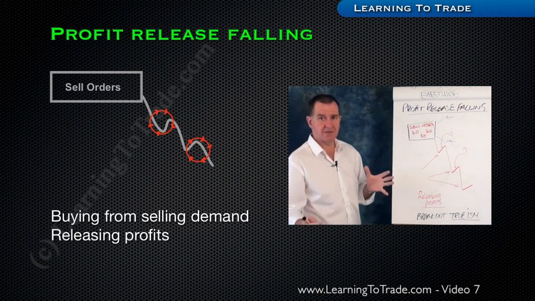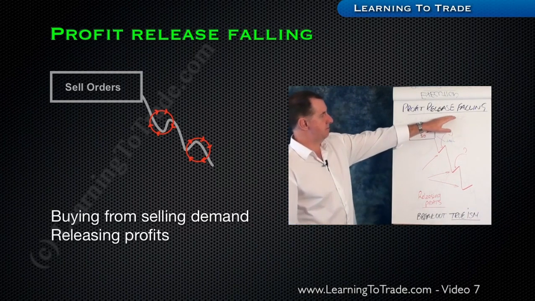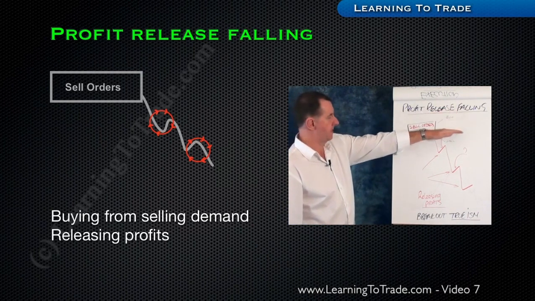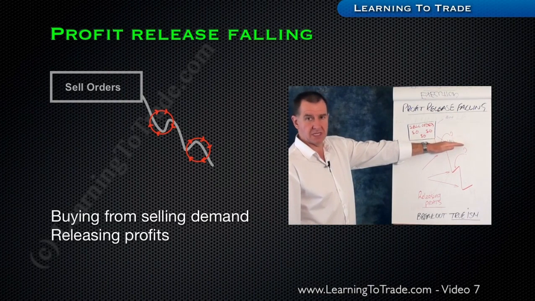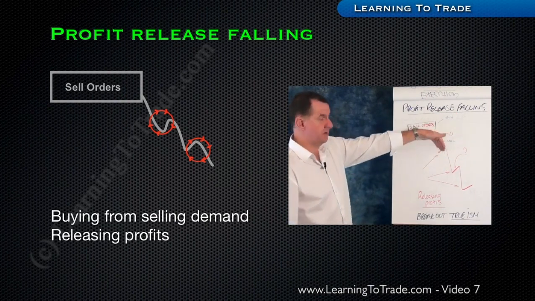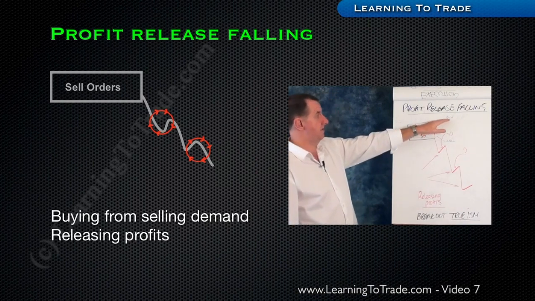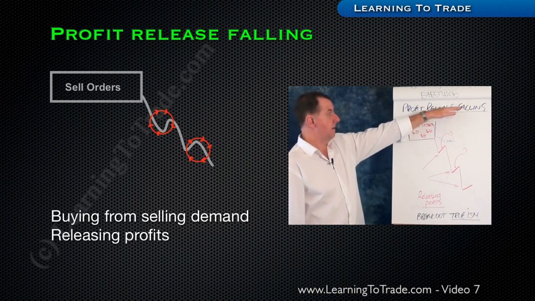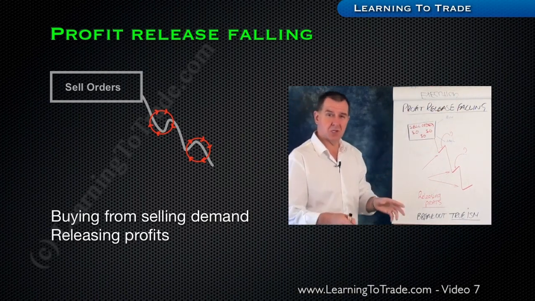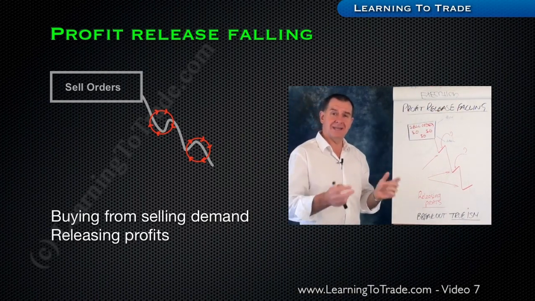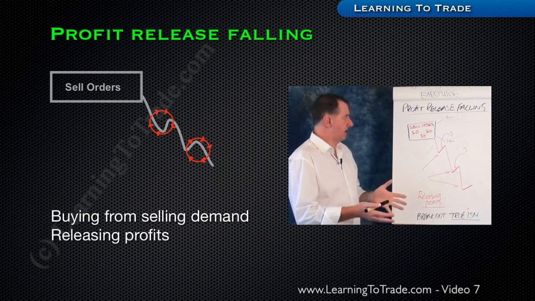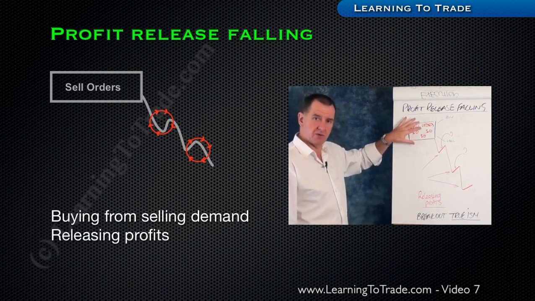So the logic here is very simple. Let's place a buy order above the box and the sell order below the box. Then if the market goes down this way, we'll fill our sell order and make money on the way down. If the market goes up and breaks through the buy, we'll buy the market automatically and the market will rise. We can set these orders up automatically on our dealing platform. It's great.